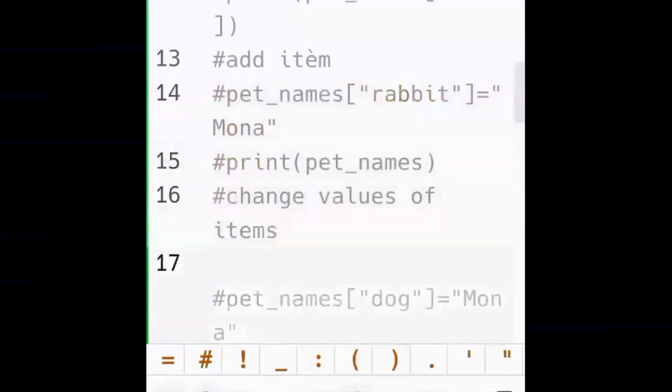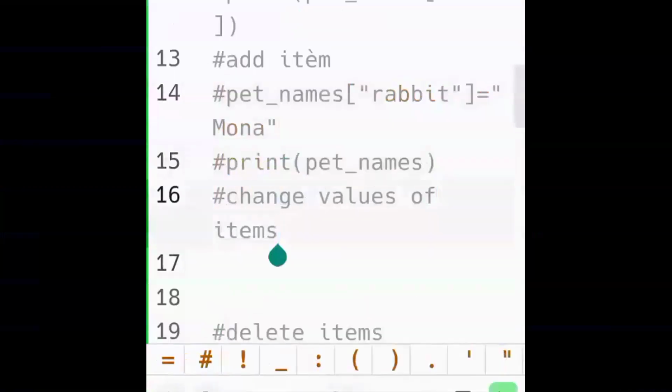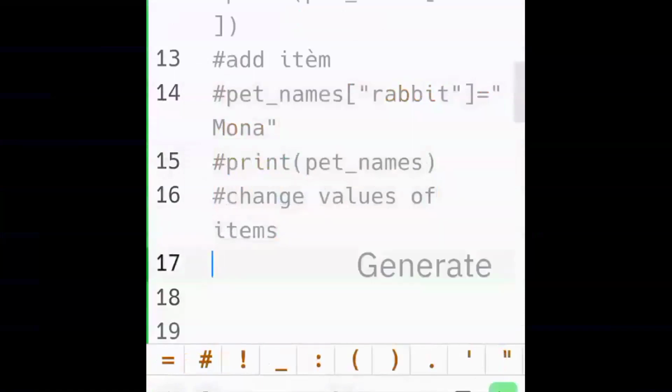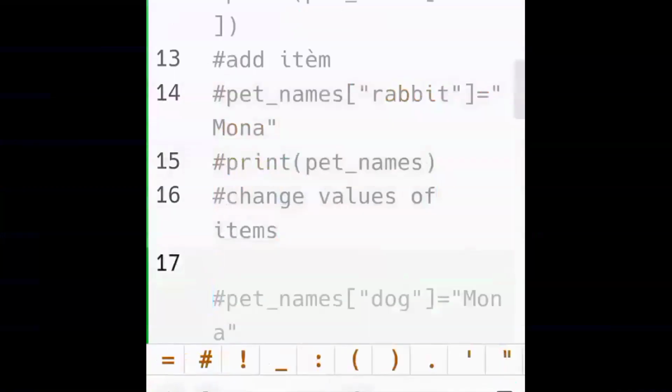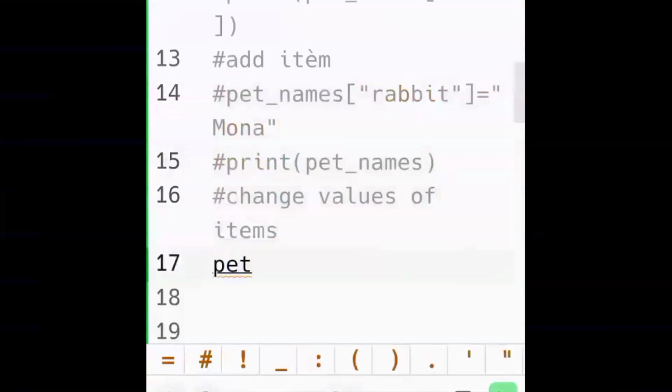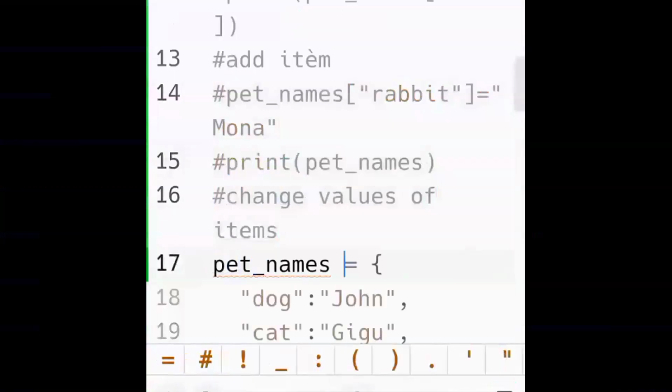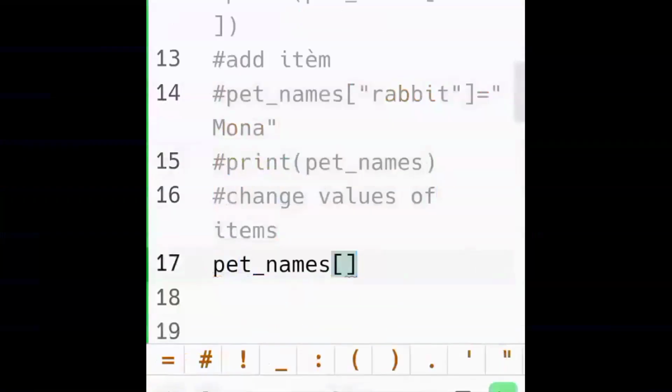So you are allowed to write values. You are allowed to change values. Values are not unique. The keys are unique. So in this case, I want to change the value of my items or the keys. So that is allowed and you can do that. And how do you go about doing that? So let's see that in the same example dictionary, which is the pet names, we consider the same one.